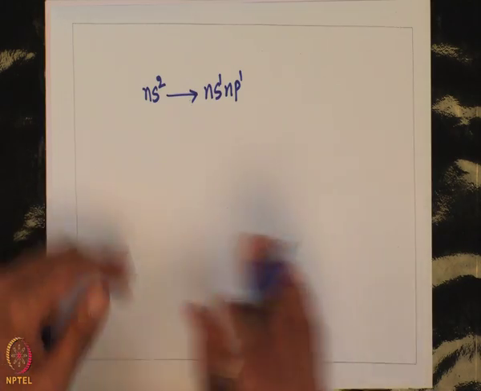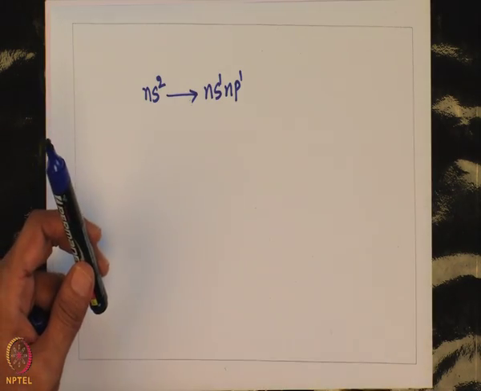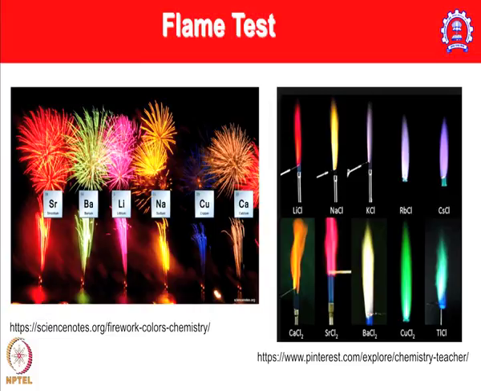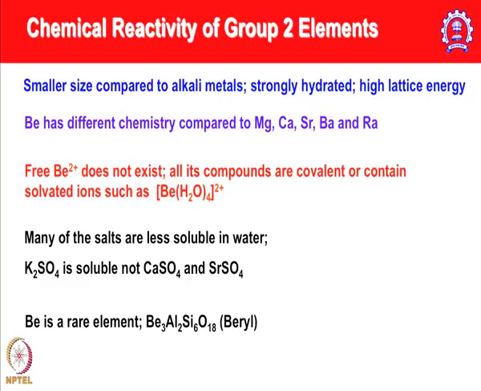And when we look into the reactivity, you can see the flame test colors here. A very nice apple green color can be seen in the case of barium, and strontium and calcium show their corresponding colors. Of course, because of these nice colors, they are also used in fireworks. Let us look into the chemical reactivity of group 2 elements, and because of smaller size compared to alkali metals,